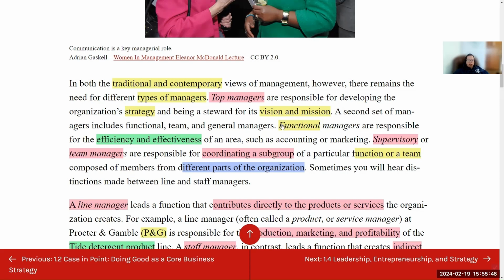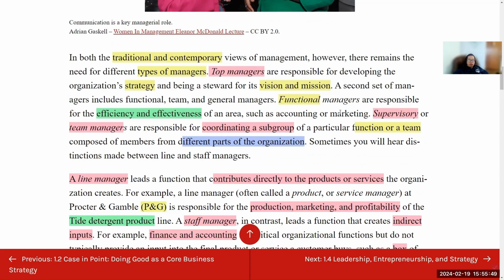The second set is functional, right? A functional team in general. So a functional manager is someone in charge of a separate function and makes sure that function works effectively, such as accounting, marketing, finance, legal, sales. Okay, that is function. The third one is supervisory or team manager, just as the name says. They just manage the small teams under their hand. Scientifically, a good manager manages 11 individuals with whom you keep a strong connection.